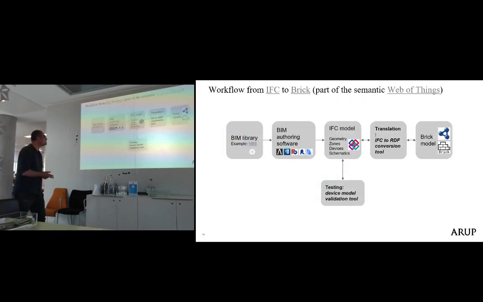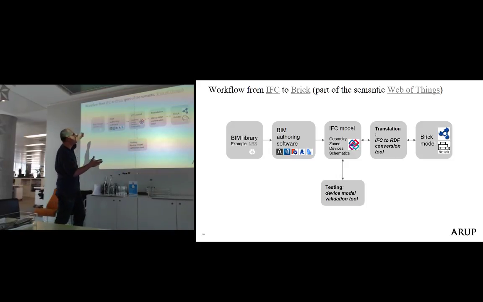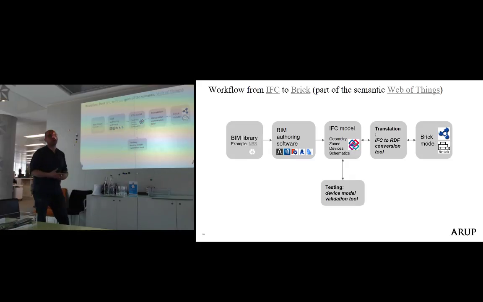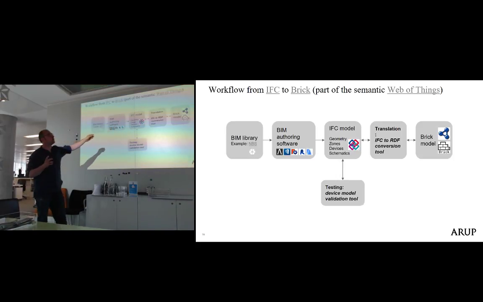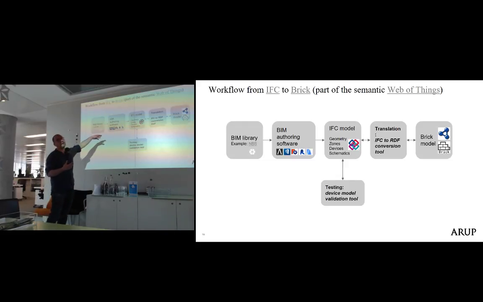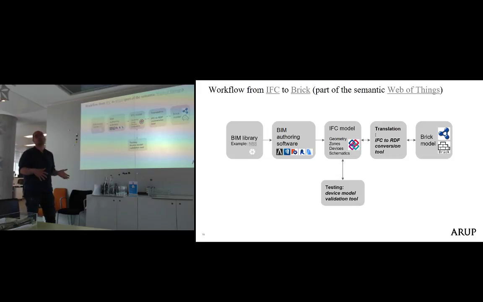So next one. There are two elements that are quite important in this process, going from when libraries are used to create software down to operations. One element is testing. Because there is always human error, whenever something is authored, we need to ensure that models are validated, so naming is consistent, unique, and so on. But also we want to reuse. So these are the 2 points about naming, 2 and 3 that I mentioned before. The translation happens so that we don't lose all the good work that has been done in modeling things when we create the model of the building.